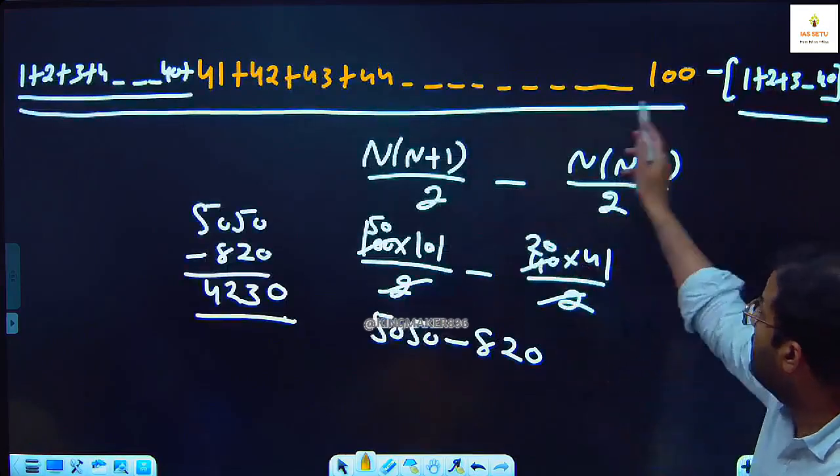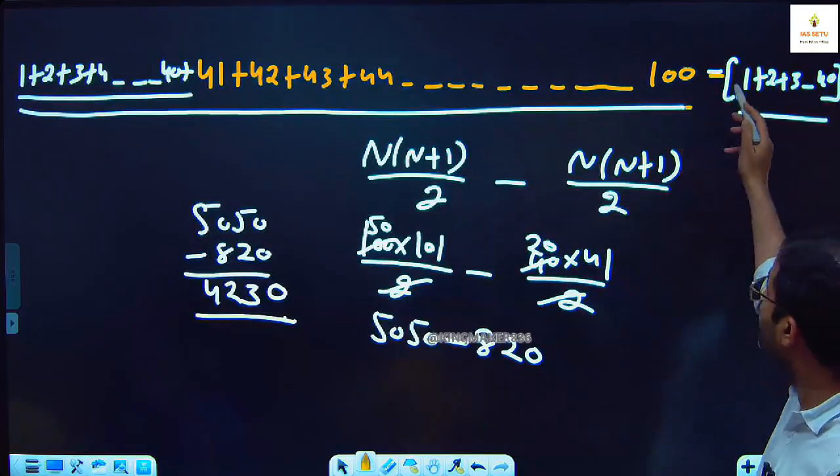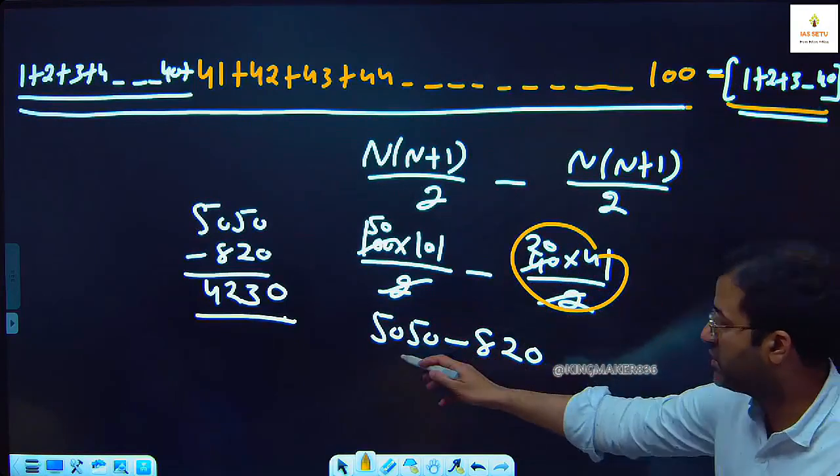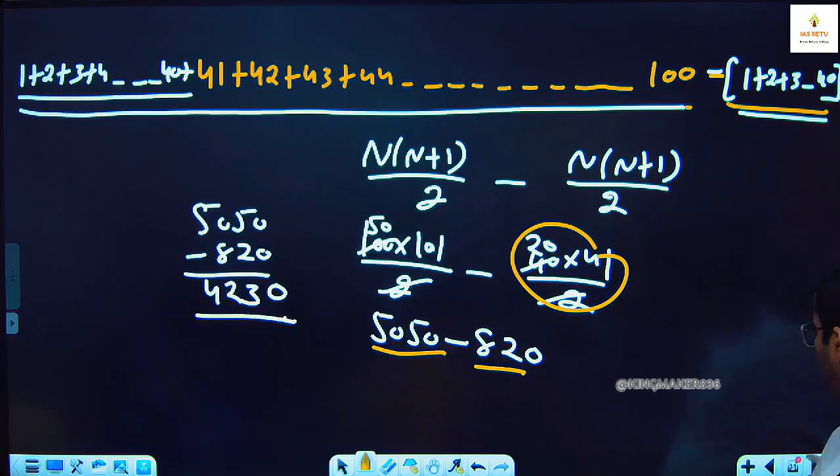भाई, 1 से लेके 100 की एक सीरीज हुई, ये सब्ट्रैक्ट करूंगा ना जो माइनस के बाद है, ये वाली वैल्यू इसमें से सब्ट्रैक्ट होगी।